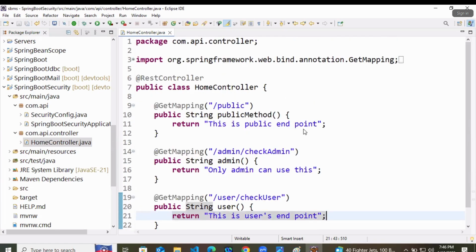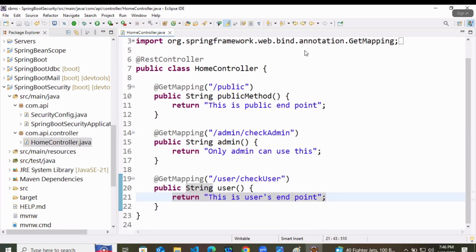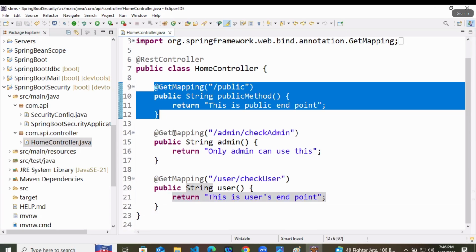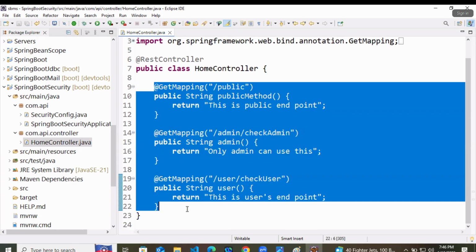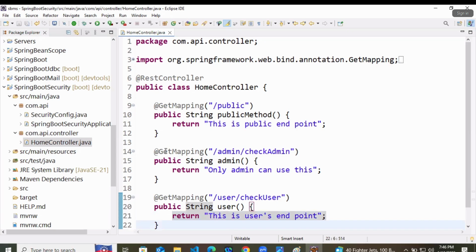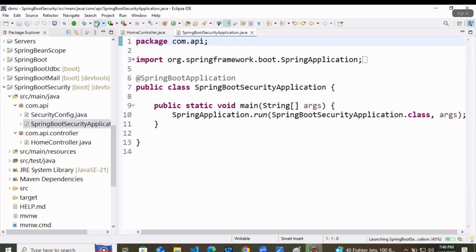So here we have created three different controller endpoints, and now we will test them first. For that we will start our main application.